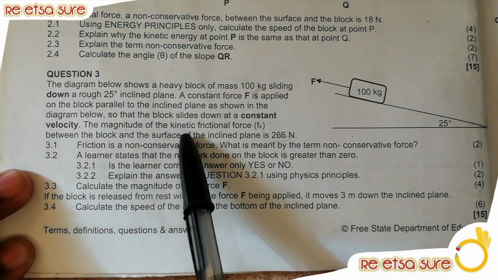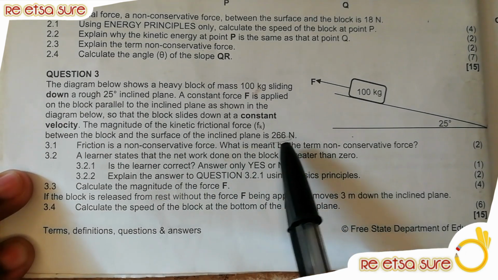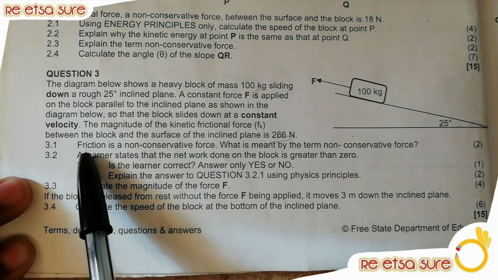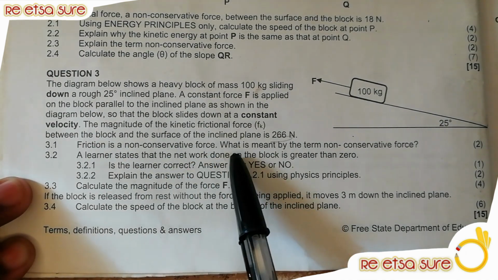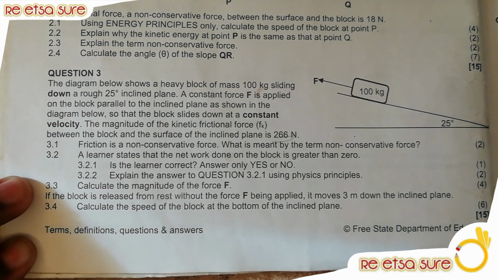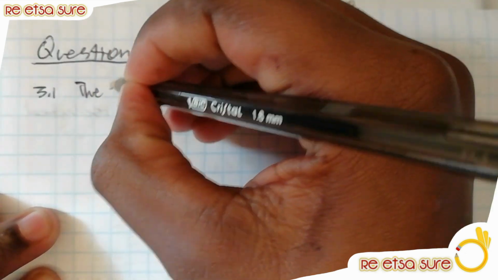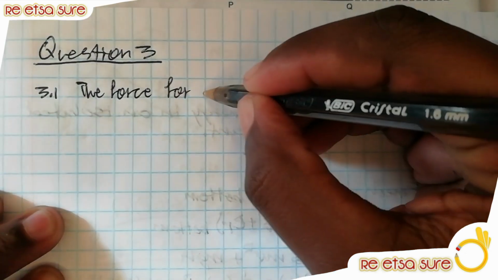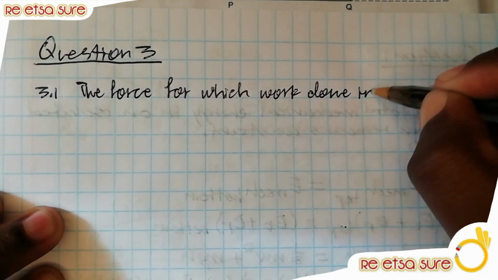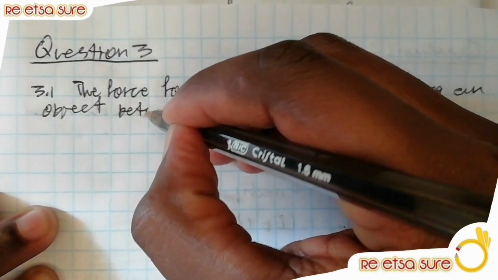The magnitude of the kinetic frictional force Fk between the block and the surface of the inclined plane is 266 newtons. 3.1. Friction is a non-conservative force. What is meant by the term non-conservative force? Well, the term non-conservative force simply means that the force for which work done in moving an object between